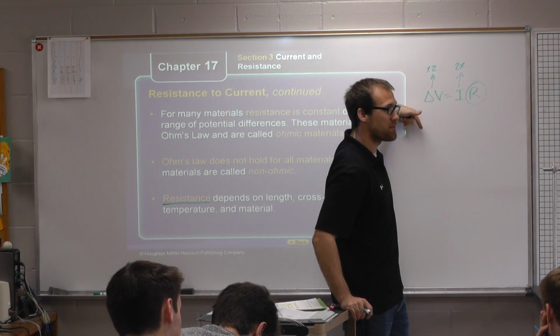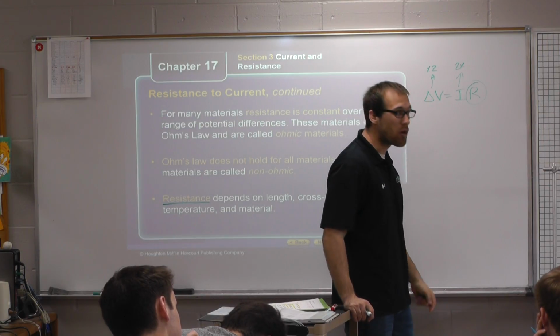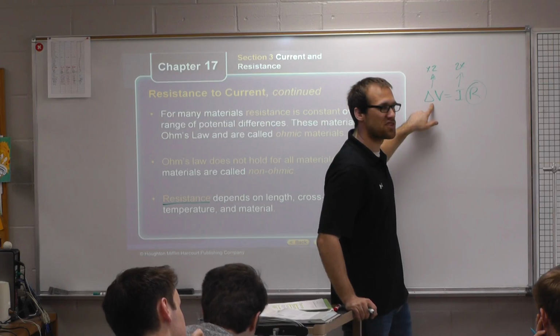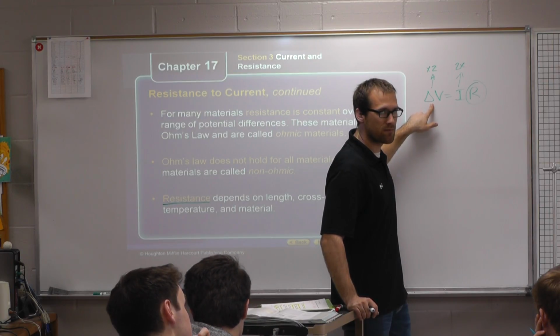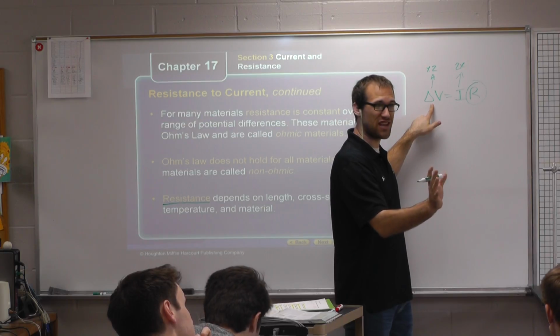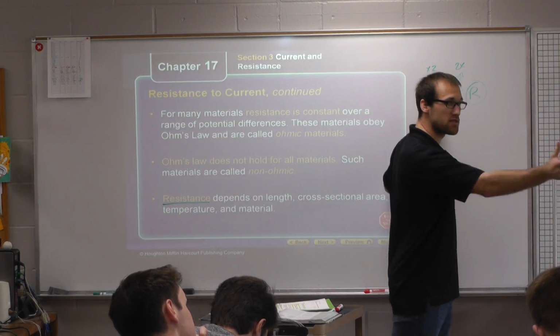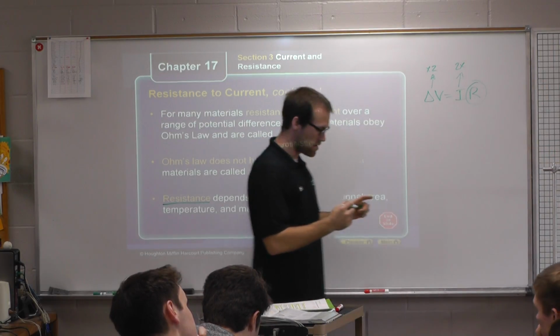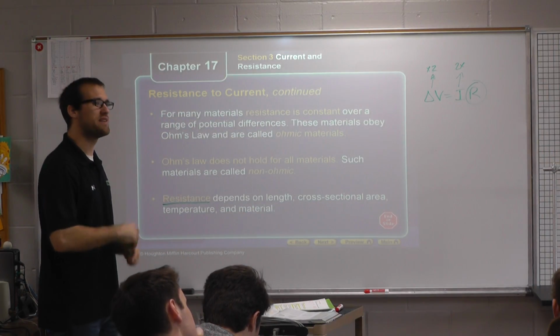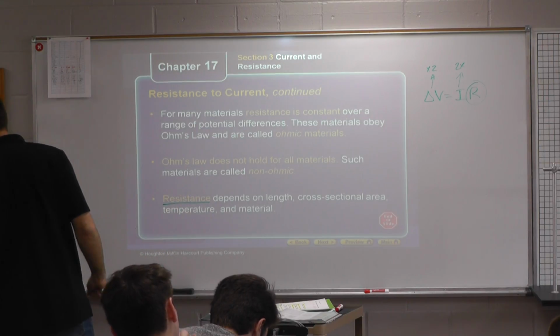If I decrease the potential difference, then the current is going to be slower. Think of this as the driving force for current. It's what pushes the current. It's the energy that causes the electrons to move. Each material has a certain resistance factor, and it depends upon length, cross-sectional area, temperature, and